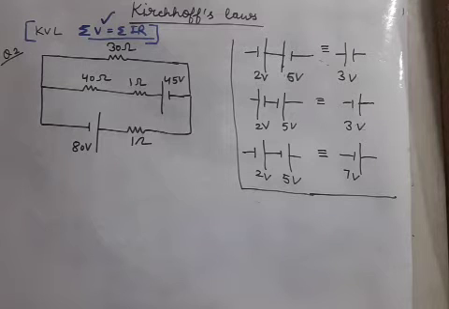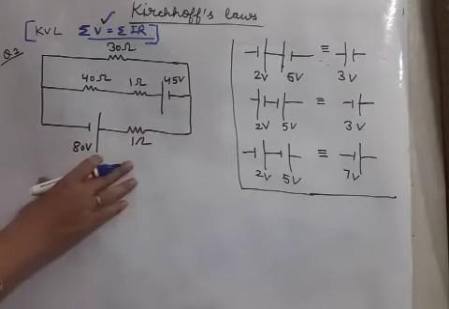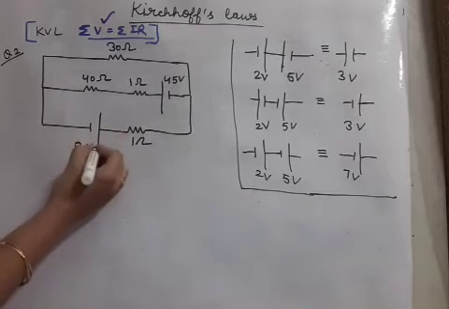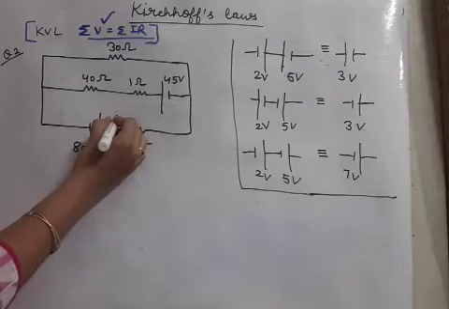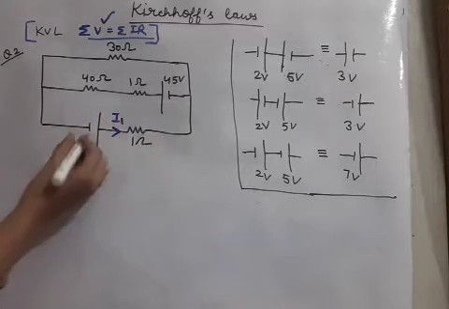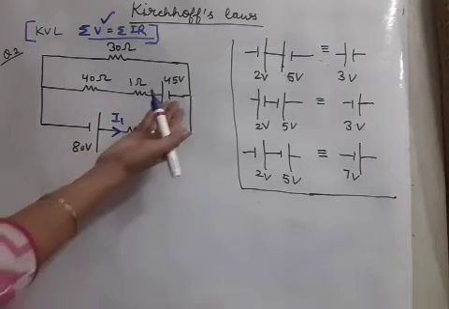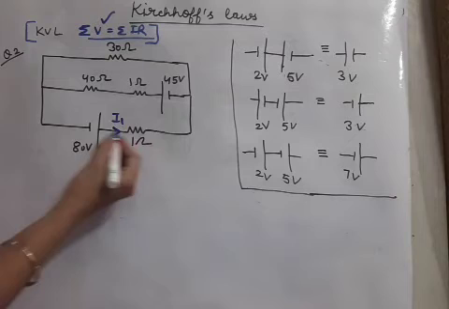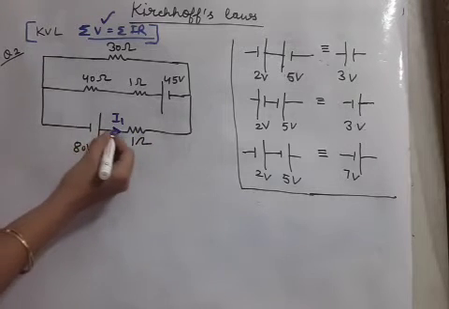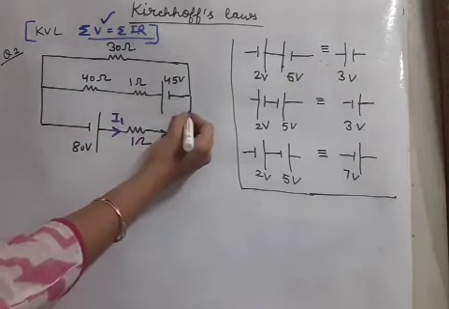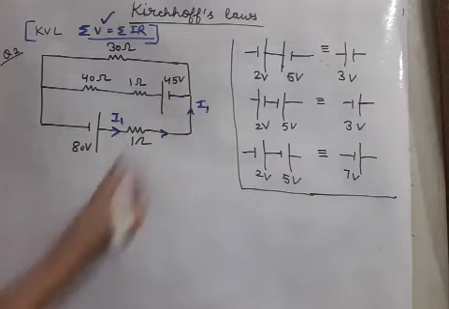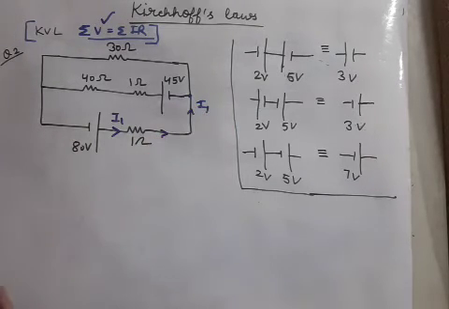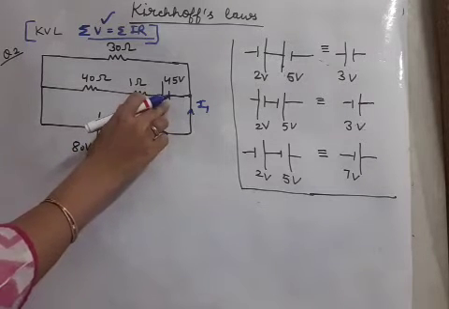We have to make KVL equations. For that we have to first apply KCL. From the positive side of the battery, we will take the first current. So suppose we have started with this battery, we can start with this battery also. So I1 current will be supplied by the positive of this battery. This I1 current will flow till here. Now here a junction is appearing. So we don't know how much current will go where. So this decision will be taken by the second battery.